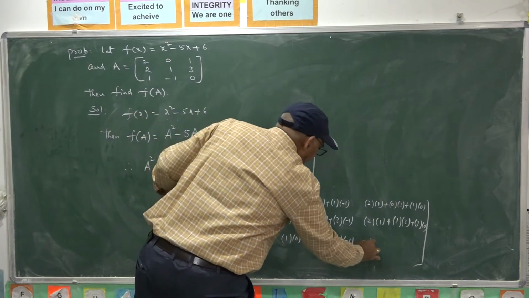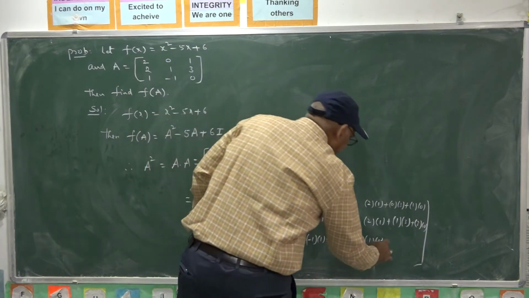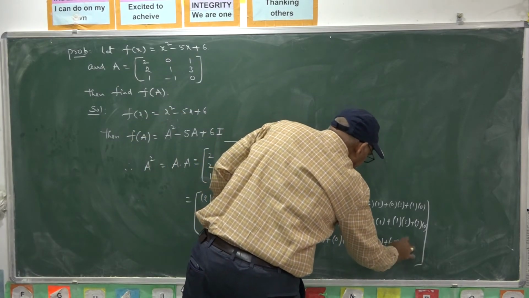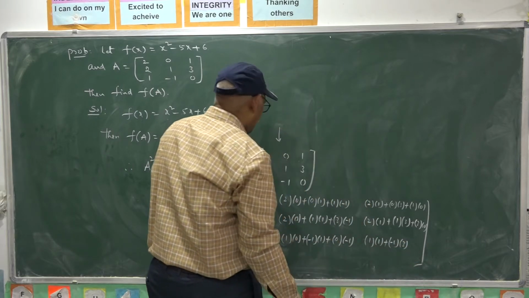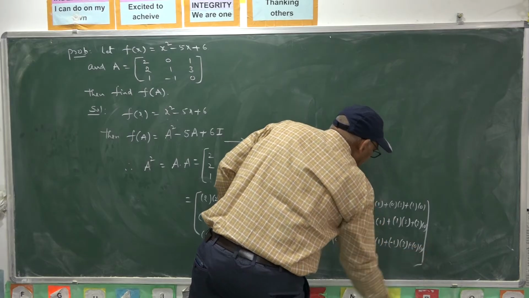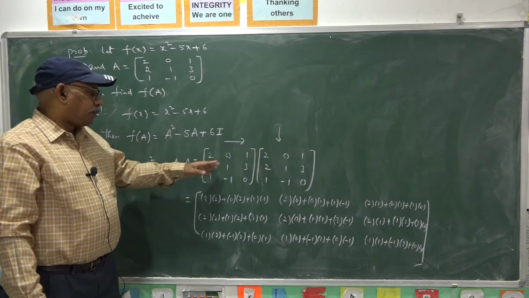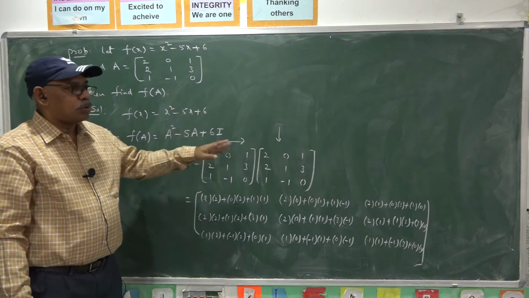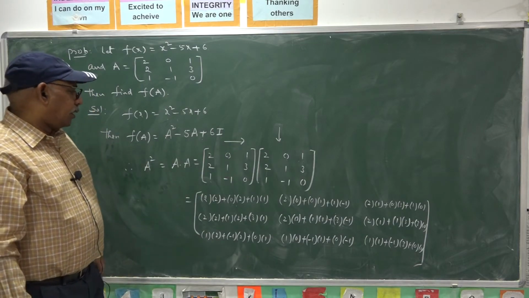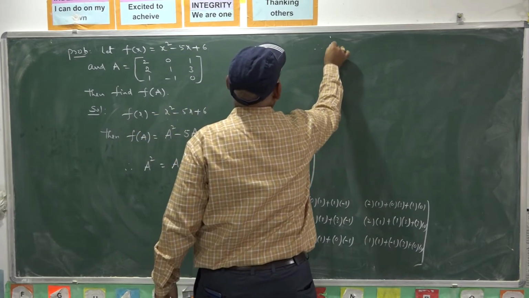Similarly 1 into 1 minus 1 into 3, 0 into 0. So matrix product is considered row to column wise product. So on simplification, therefore A square equals